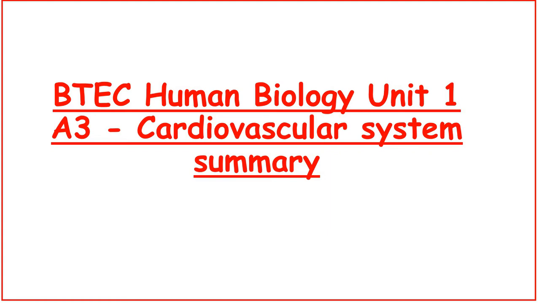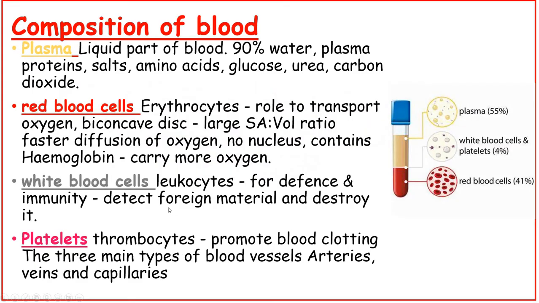BTEC Human Biology Unit 1, A3, the Cardiovascular System Summary. So first of all, looking at the composition of blood. So plasma is the liquid part of the blood, and it's made up of 90% water, plasma proteins, salts, amino